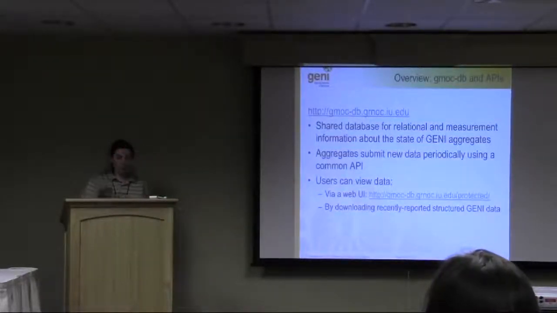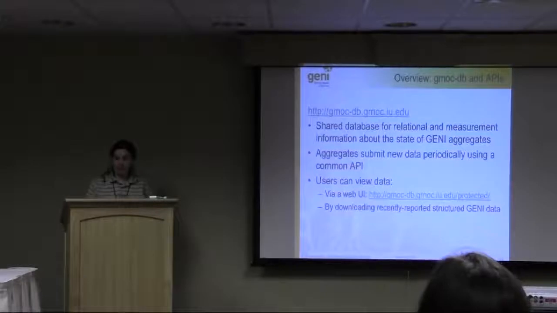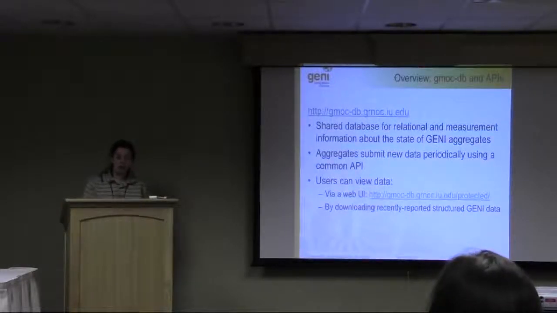So the primary home for all of this stuff, GMOCDB, is a shared database that contains relational and measurement information about the state of GENI aggregates. So what is that? So relational data is,